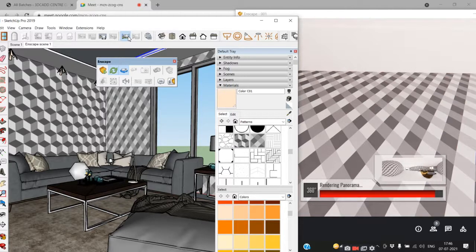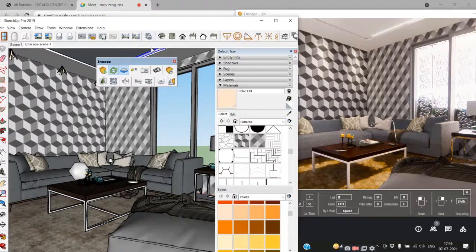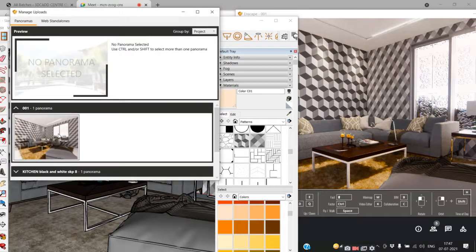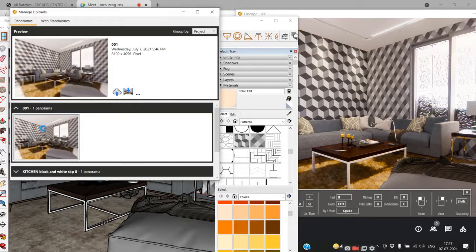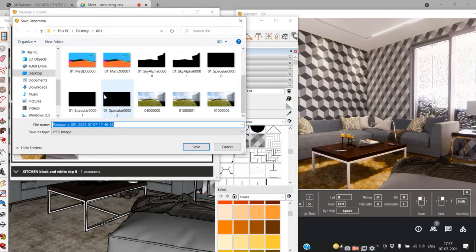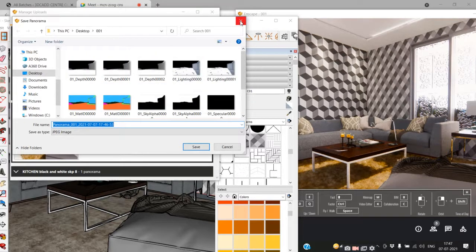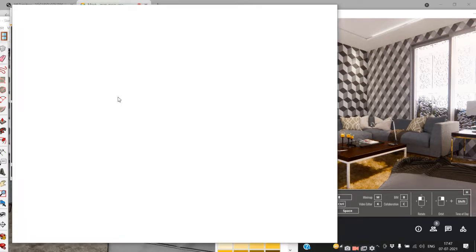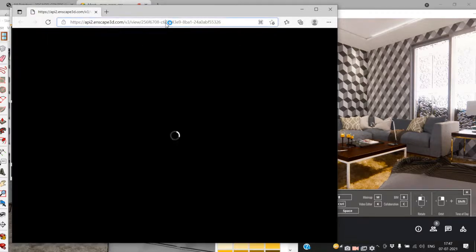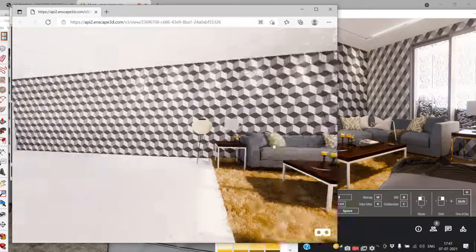It's just a few seconds more. Yeah, it's done. And when it is done, you have to click manage and upload, and just double click and upload. And just use upload. Wait for a few seconds. Yeah, it will be uploaded. And now I click, and there's a link. If I share it with you, you can easily open it because I uploaded the 360 online. And look,